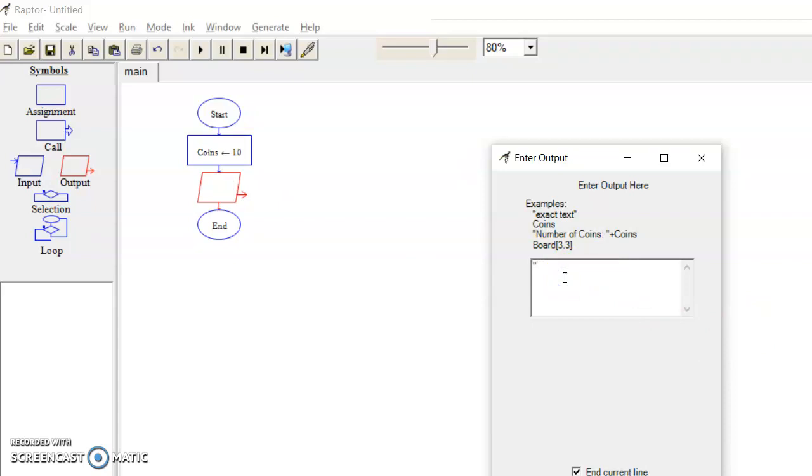So you have to write a user defined text, the value in the variable coins is plus. Now you need to enter the variable name, which is coins. It is prompting here. Done.